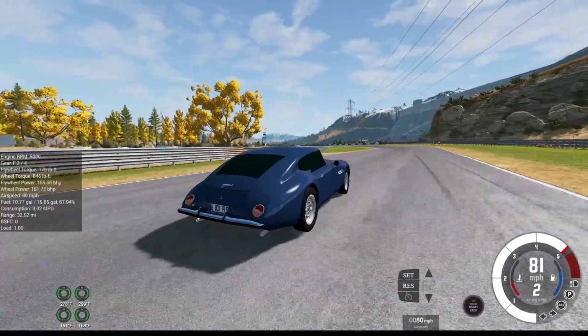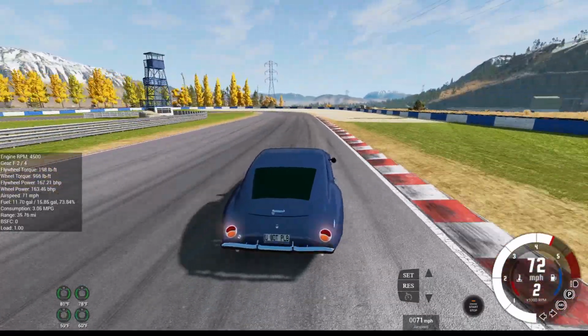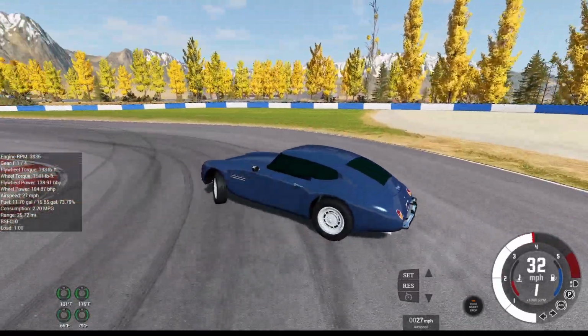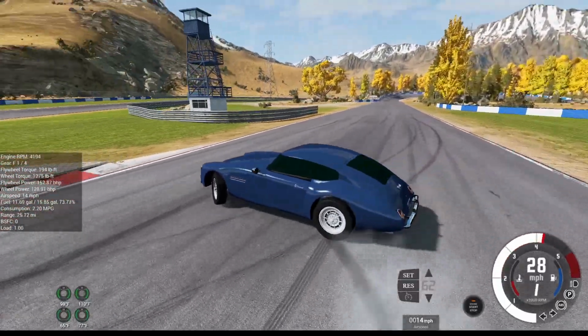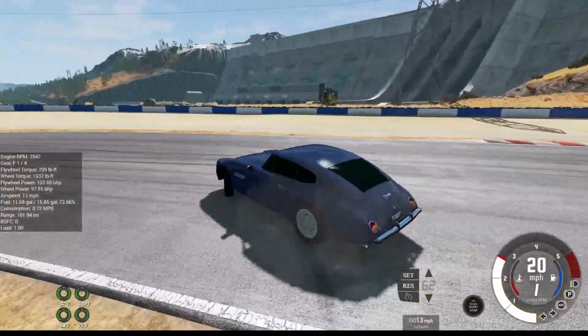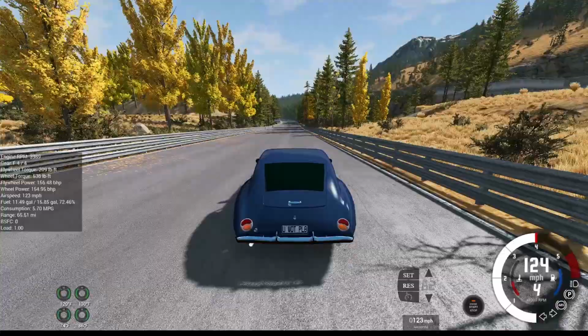You can really feel the benefit in this car of having the relatively even weight distribution. This looked quite fast down here. Let's see if it kept the